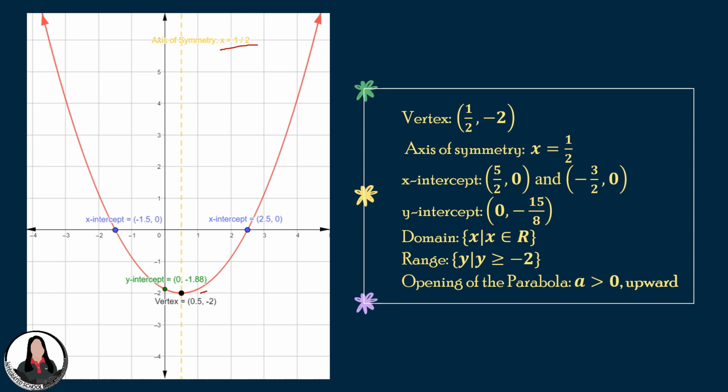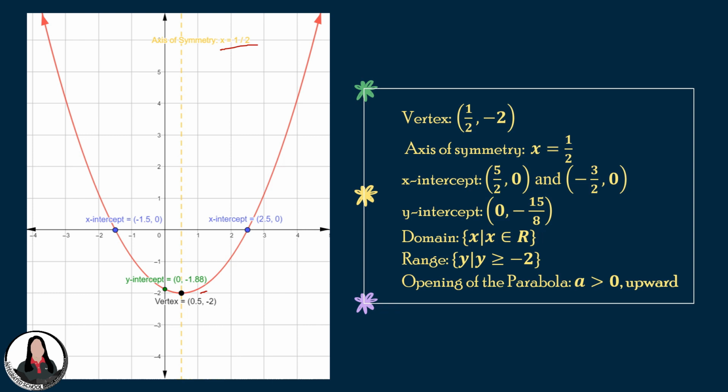Okay, so meron tayong dalawang x-intercept dito. We have negative 3 halves, or makikita natin yun dito sa in between ng negative 1 and negative 2, and then we have 5 halves, 0. Okay, so we have 2.5, 0 point in between 2 and 3. And then the y-intercept,